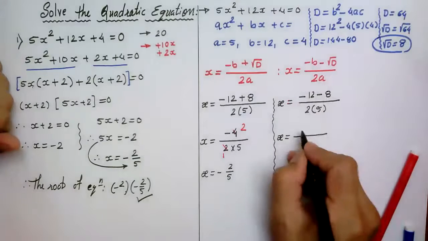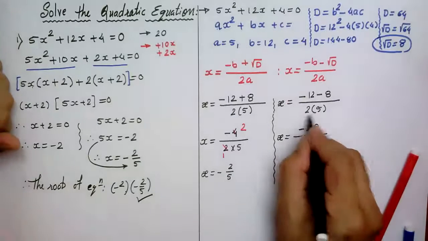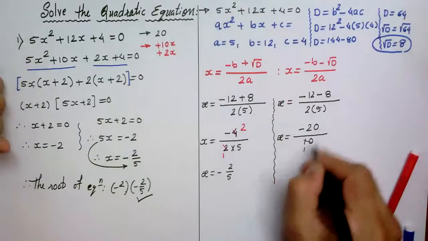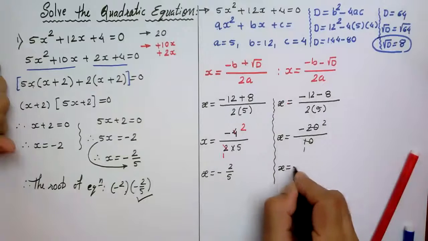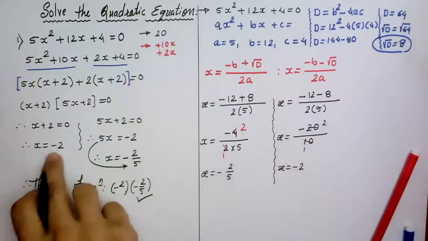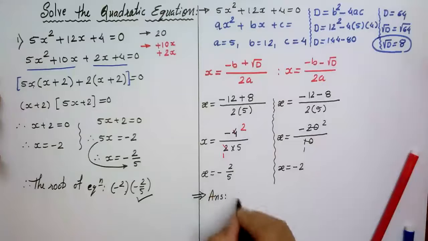Minus 12 and minus 8 is minus 20 upon 2 5s are 10. Go for the cancellation. 10 1s are 10, 10 2s are 20. So you will get x is equal to minus 2. So this is the second root we obtained. Okay. So the answer is same. Roots of the given equation are minus 2 by 5